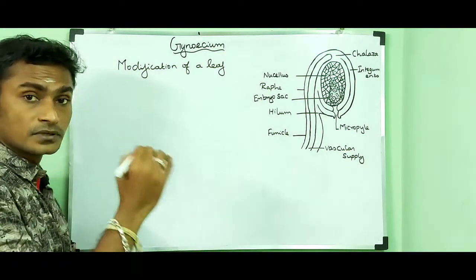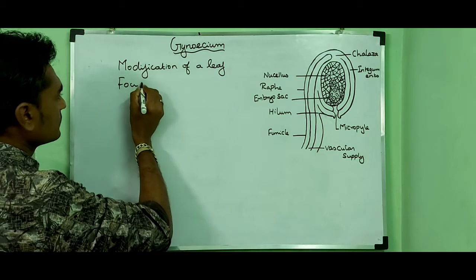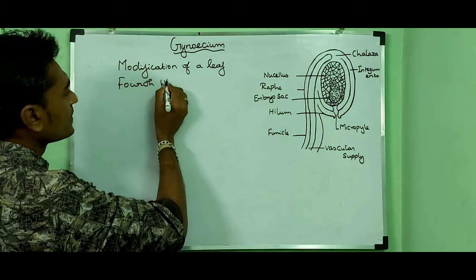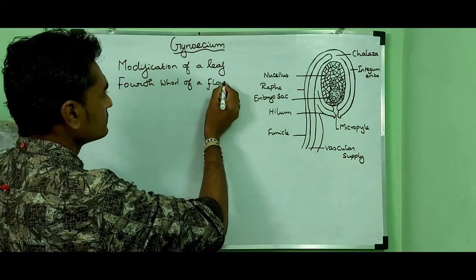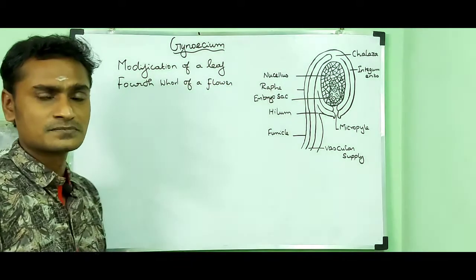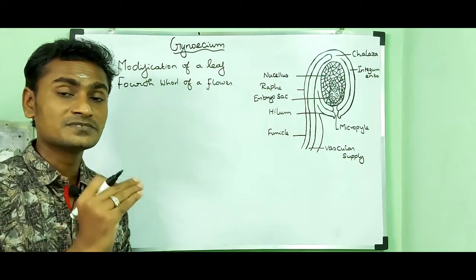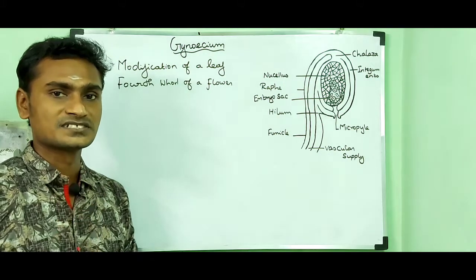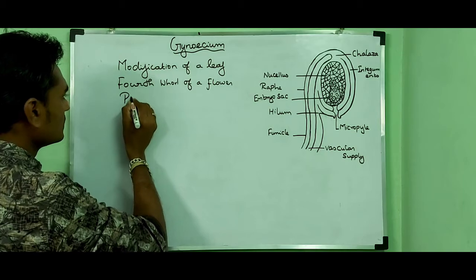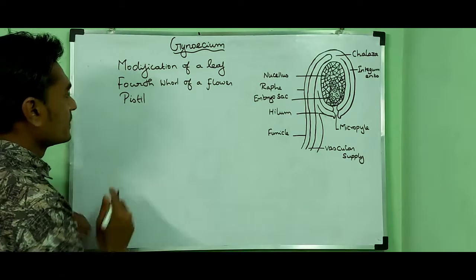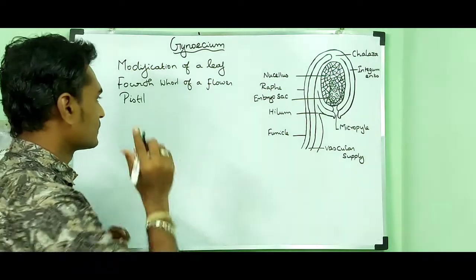Gynoecium is the fourth whorl of a flower. Gynoecium represents the female reproductive part of a flower. The term gynoecium represents one or more pistils. If a flower contains only one pistil, the flower is said to be